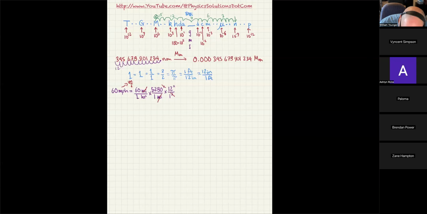So now I'm going to use another value of 1. This time I know 2.54 centimeters is equal to 1 inch. So do I want the inch on the bottom or do I want the inch on the top? Anybody can tell me that? 2.54 centimeters is equal to 1 inch. Do I want to put the inch on the bottom or the inch on the top?